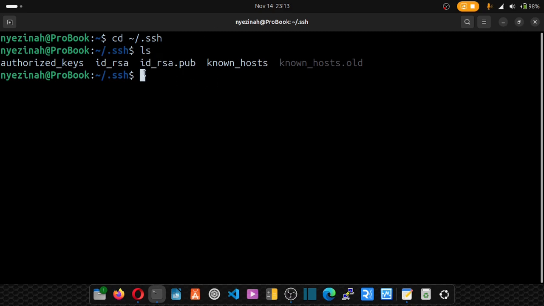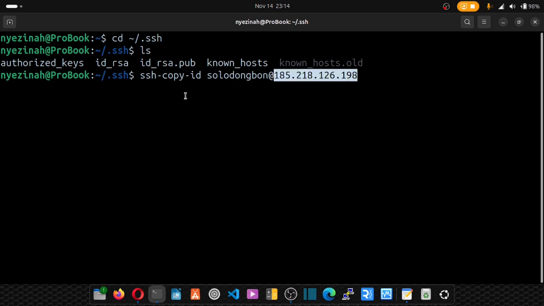Our server. So the way we do that is we're going to type a simple command that will do this for us. There's a manual way of doing it, but we want the simplest way. So just type ssh-copy-id, and then we enter our username, at our IP address. So we enter our IP address